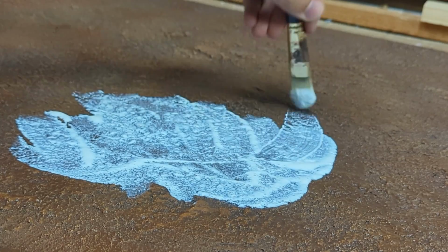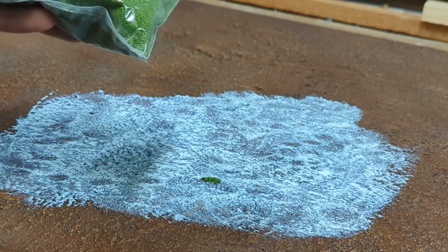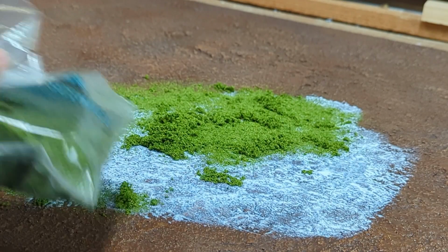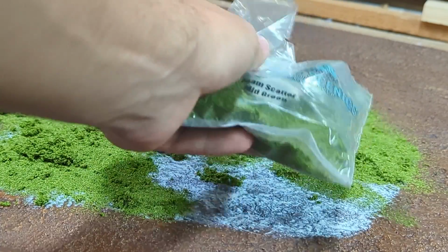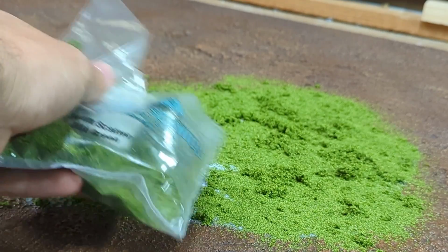Now the last step that we have to do is flocking those baseboards that I left to dry. I started by painting down a layer of glue and then sifting flock over the top. Now this flock was unfortunately super difficult to work with because it kept clumping up rather than sifting out and spreading evenly. Now I'm not sure if this is an intentional feature of the product, but it was not ideal for me. After each section was covered, I would tip off the excess flock, put it back in the container,